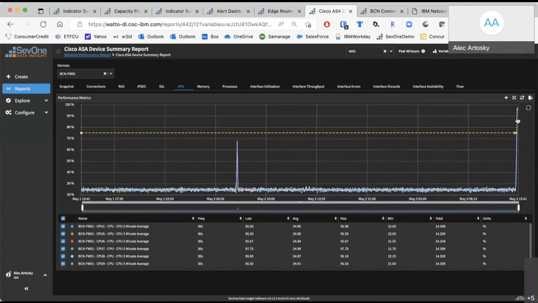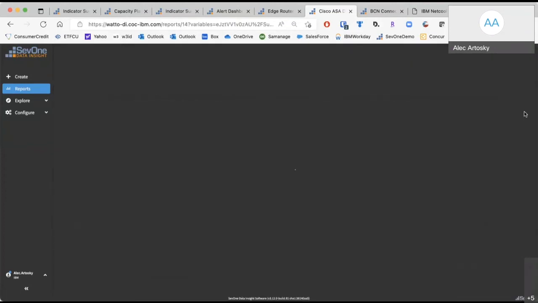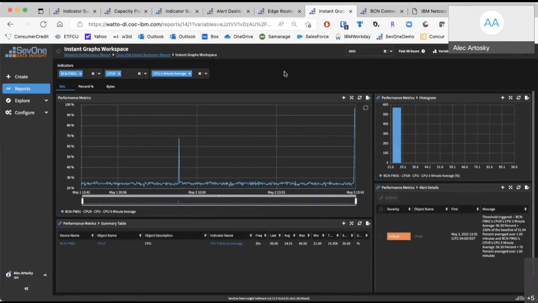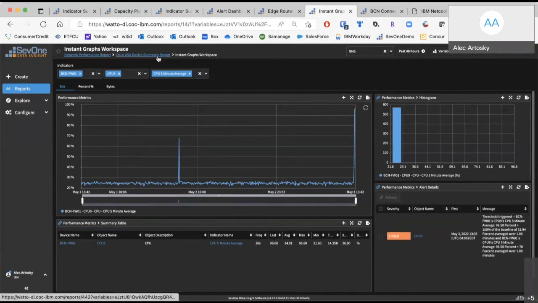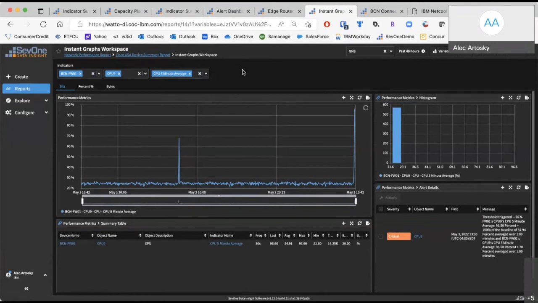in reports themselves. So what we really want is more information around what the heck is going on with these CPUs. And one of which is I can actually drill in from a report into another report. And you'll notice in the upper left-hand corner here that we're following through what we like to call the breadcrumbs. The ability to actually find an issue, like the alert that we had on the first page, move into a device summary report specific to that device, and then even go one step further and actually isolate those individual data sets. And you can tell we've all done that with 3 clicks.